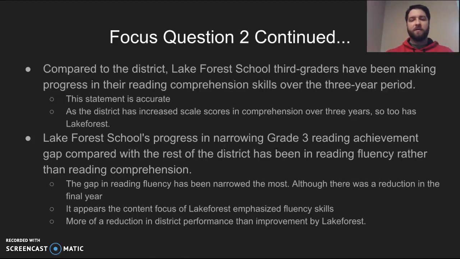I think part of that is that the district did drop in their reading fluency score. So part of that is Lake Forest was making some improvement, but part of it also was that the district in the 3rd year dropped significantly compared to the previous 2 years. So I wouldn't say that Lake Forest necessarily caught up to them more than the district kind of fell down towards where their levels were at this time.